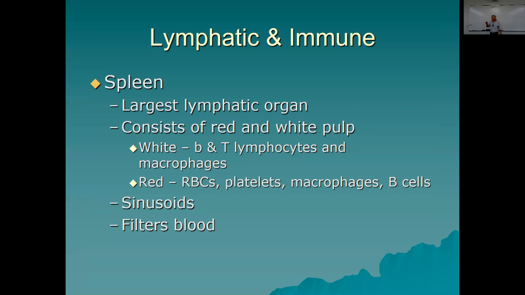But it also has the red pulp, which is composed of sinusoids, really leaky capillaries like in the liver. And one of the main things the spleen has in common with the liver is that it detects old red blood cells, and it will take apart